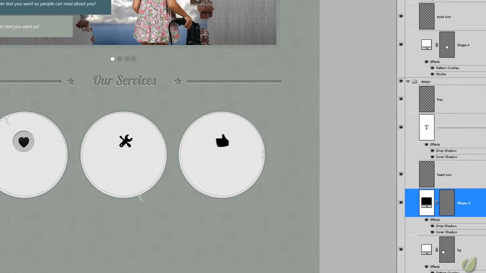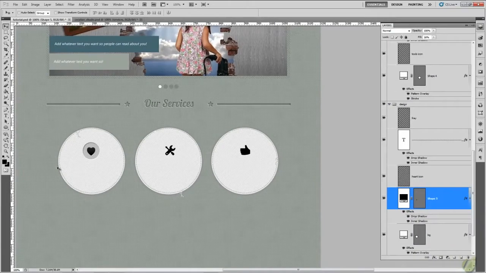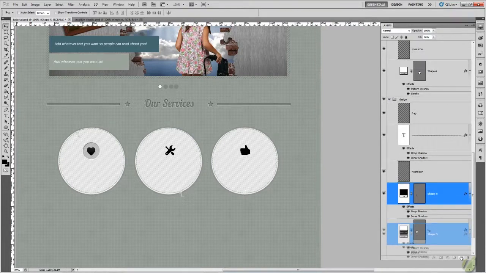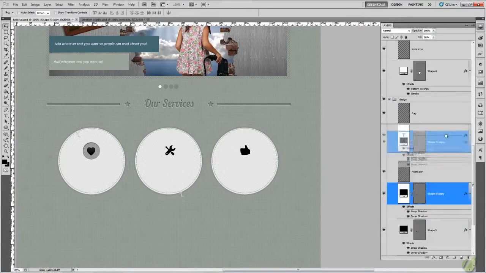Okay, so that's excellent. That looks good to me. Shift it around with the move tool, sorry, with the arrows on your keyboard. Again, we don't really want to do all that again, so we can just copy that. We can just drag this down into the new layer icon, and then push that up